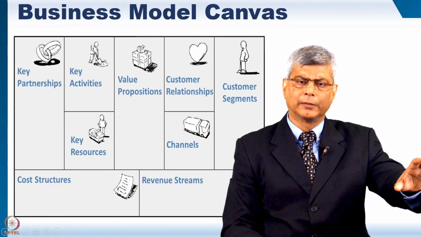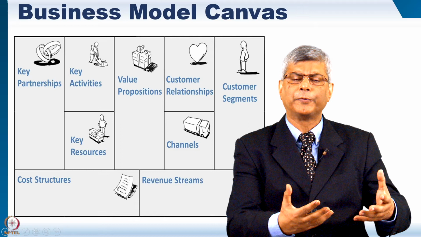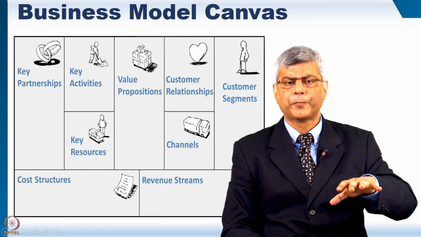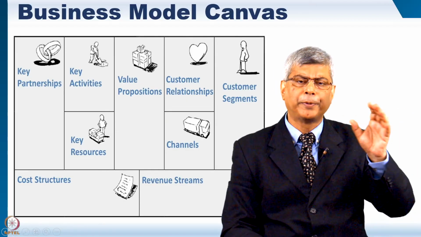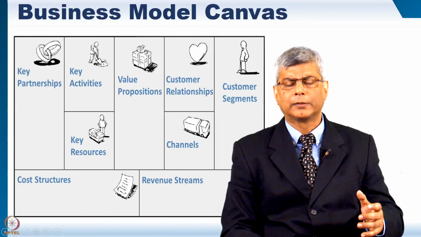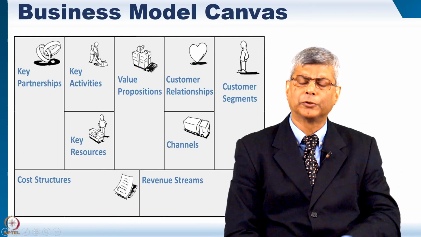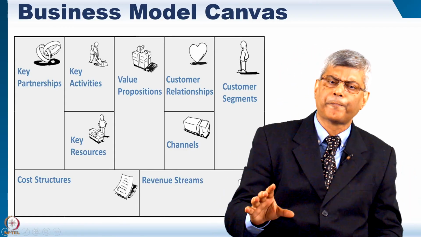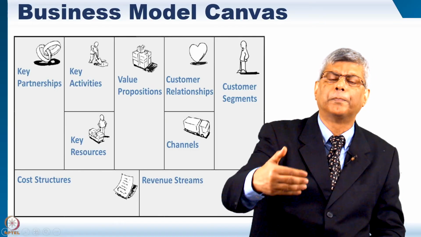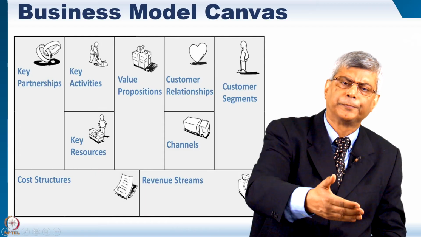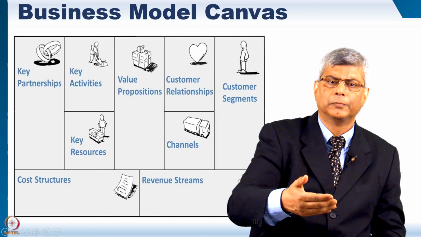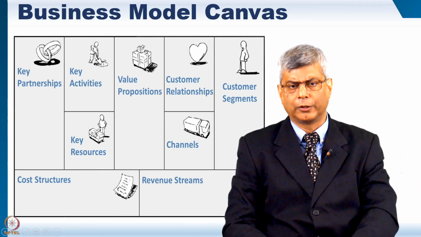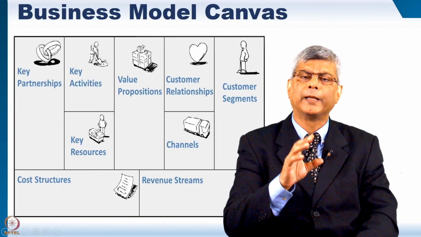On the left side are the production-related attributes. How do you produce those services and products? Who are your suppliers? What activities will you do? Will you make? Will you buy? Will you have a lot of people? Will you have big plants? How much money do you need? Etc. So those are the supply side. And the bottom is the financial side. What is the revenue stream? Per day, per week, per month, per year. And then what are your costs to earn this revenue? So in this one simple business model canvas, which is called BMC in short, you can actually define your operating model.